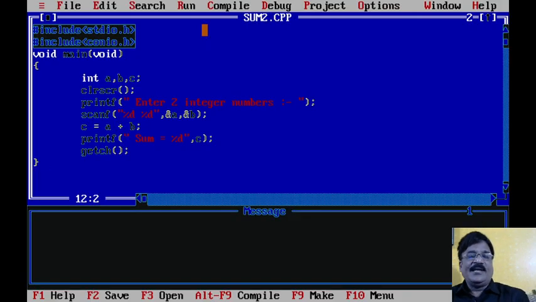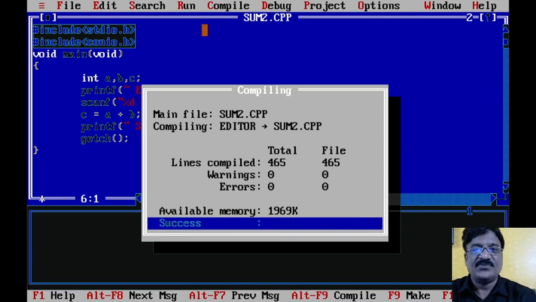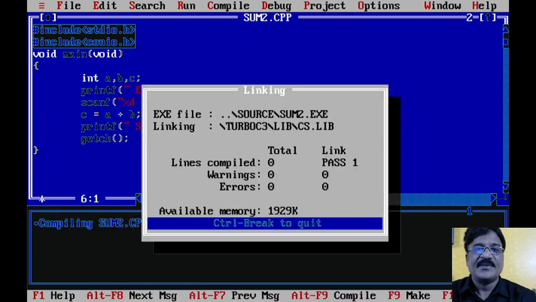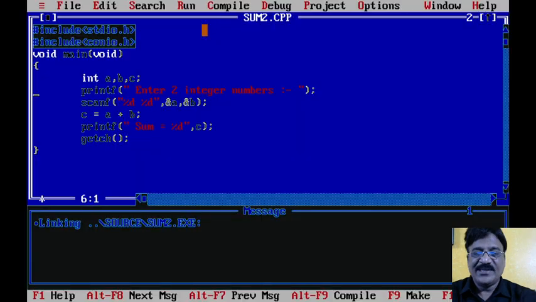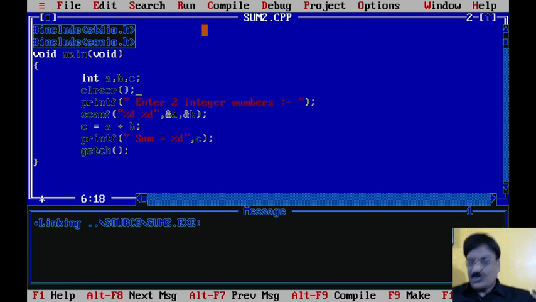Okay, now it's time to see what is the effect. Assume that you have not written clrscr, what is going to happen? The program is successful, and observe that 465 lines have been compiled since we have deleted one line. Now without clearing the screen, what is happening? We are getting our previous screen, and there we are accepting new values from the user, which looks very odd. So always clear the screen at the beginning of the program, and please remember we are calling all these statements.